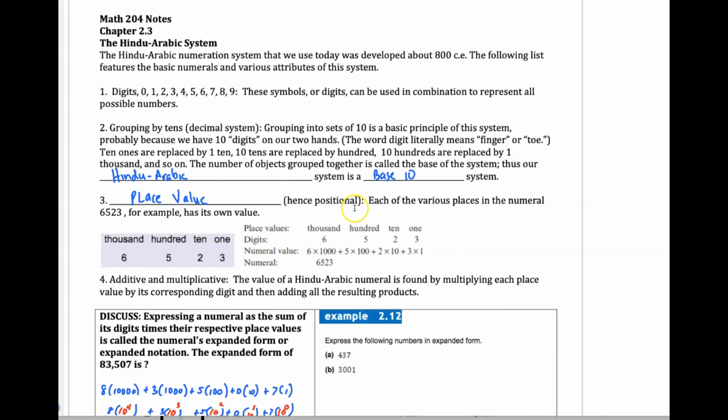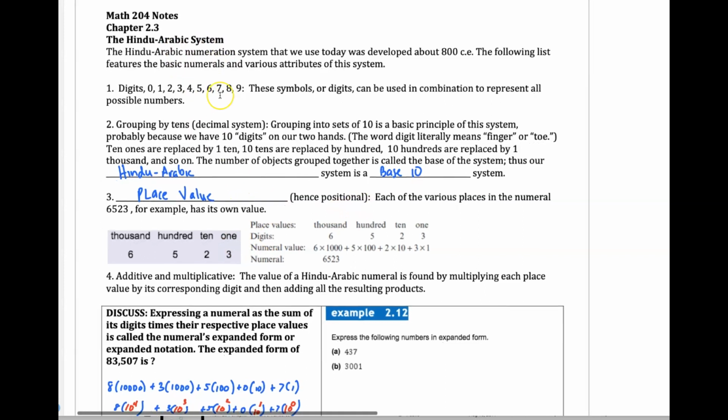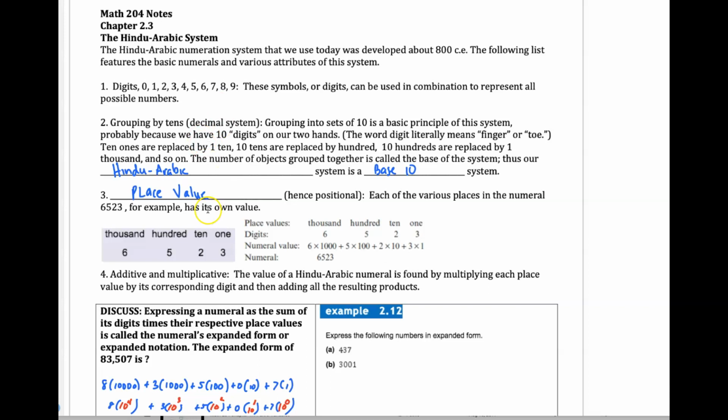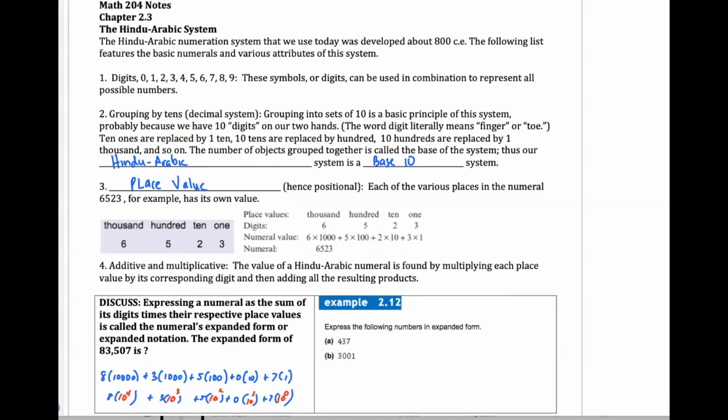6,523 is in base 10, or again, formerly known as the Hindu Arabic system. And our system has what we call place value, where each of the various places in the numeral has its own value. So its location determines the value of the numeral, right? And so the 5 means not 5, but 500. Our Hindu Arabic system is also what we call additive and multiplicative,